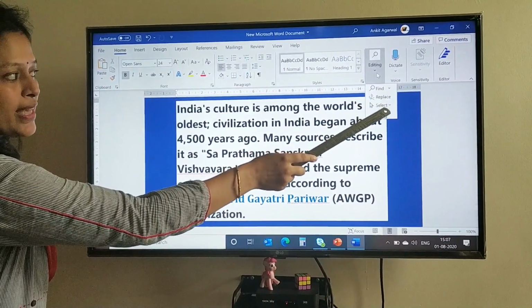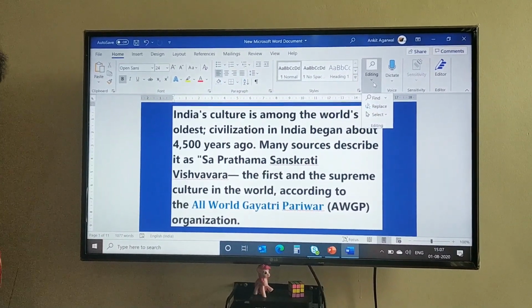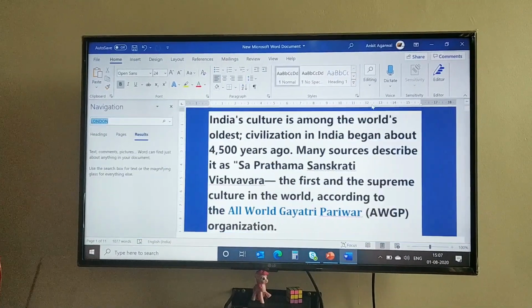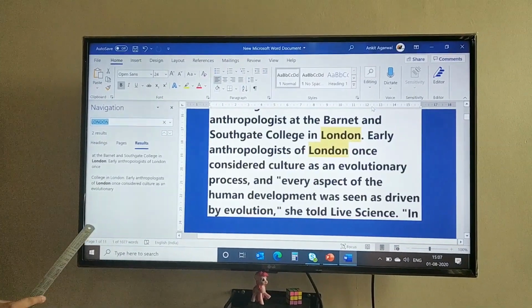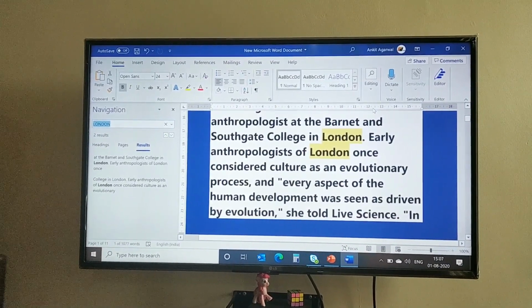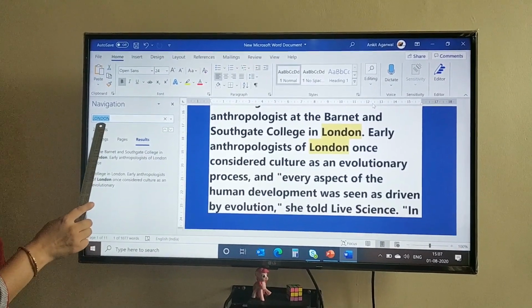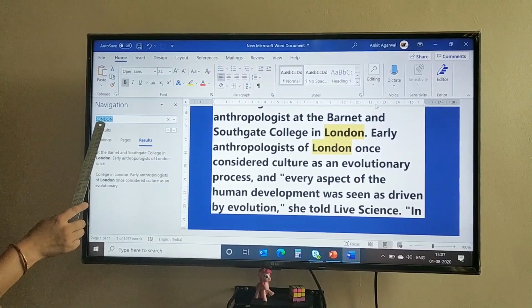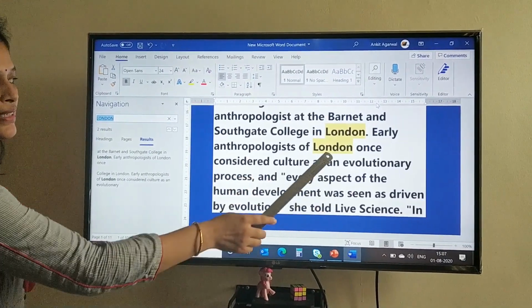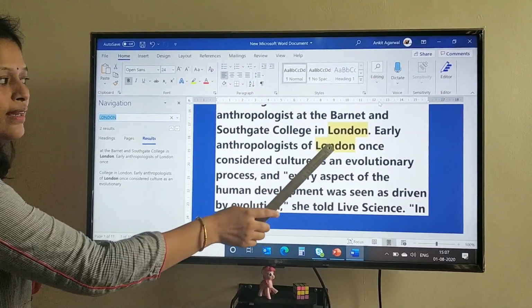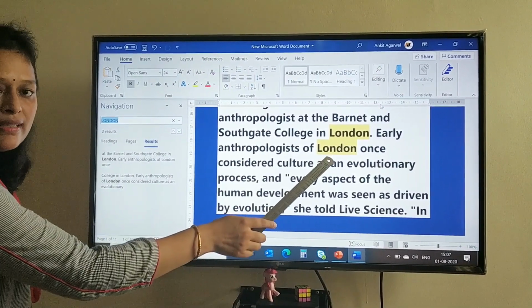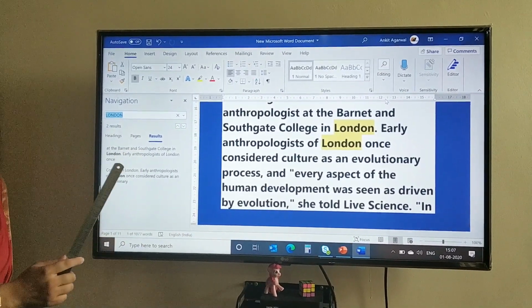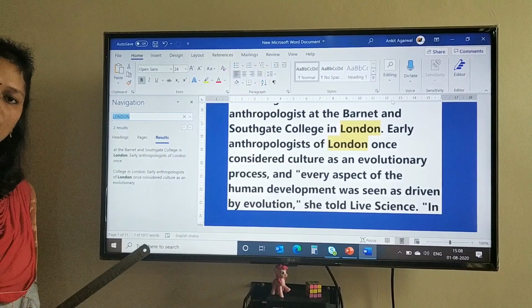So you will click on Find. You can see it on the left pane. Suppose I have selected London. I want to find the word London. You can see the results are highlighted. All the London words have been highlighted. This is the way to find a particular text in your document.